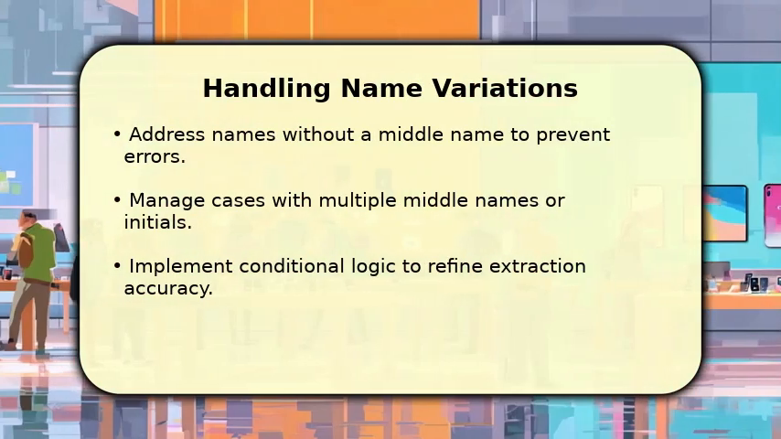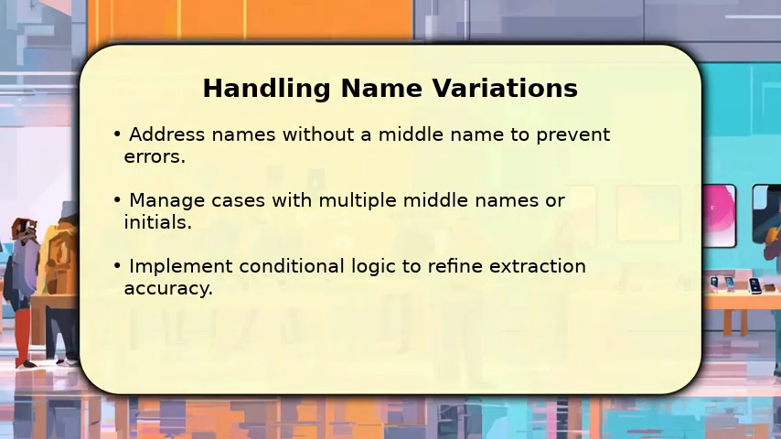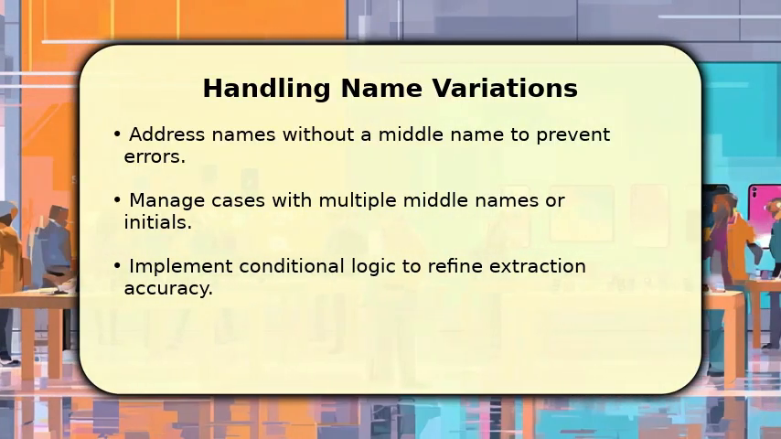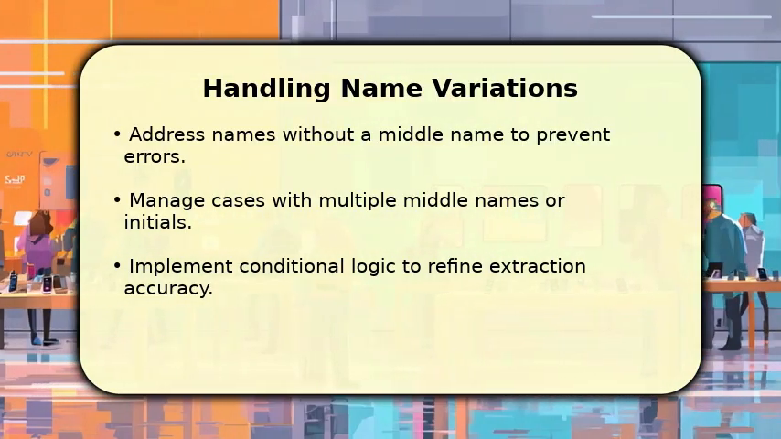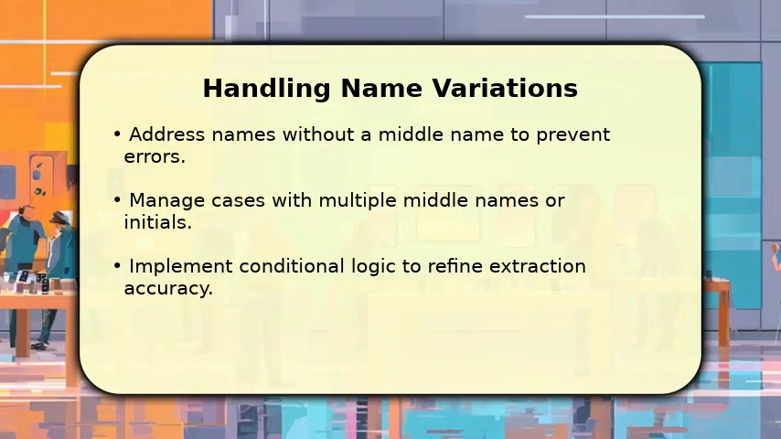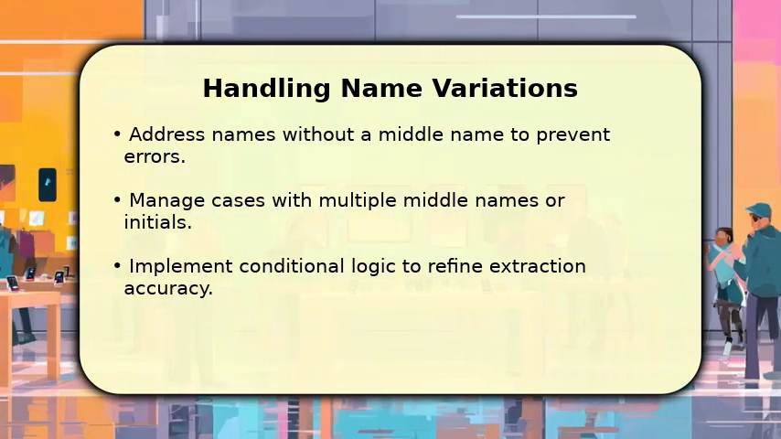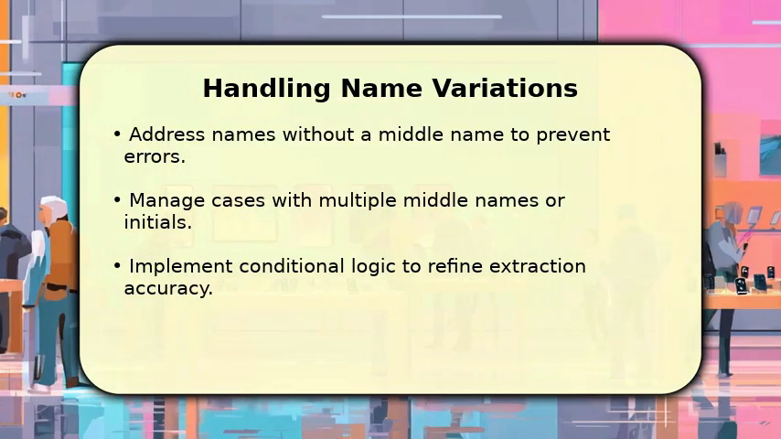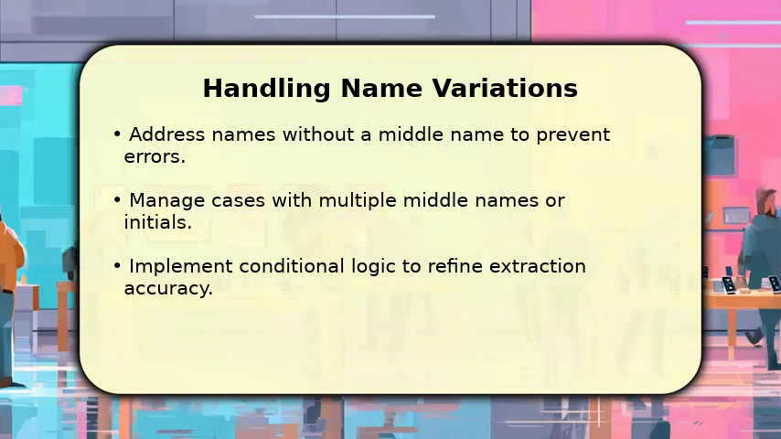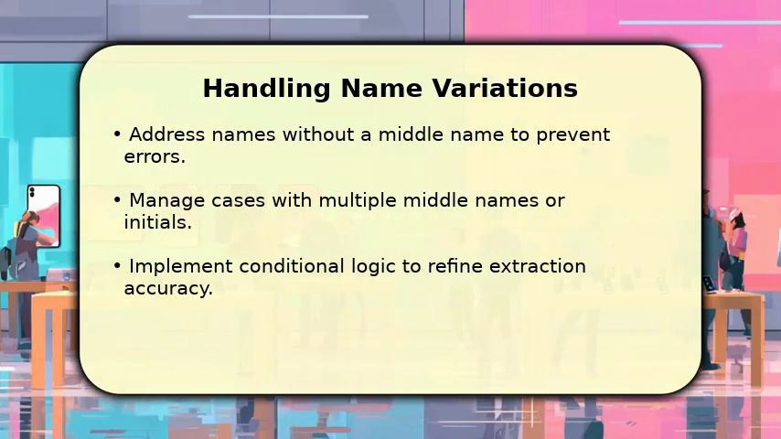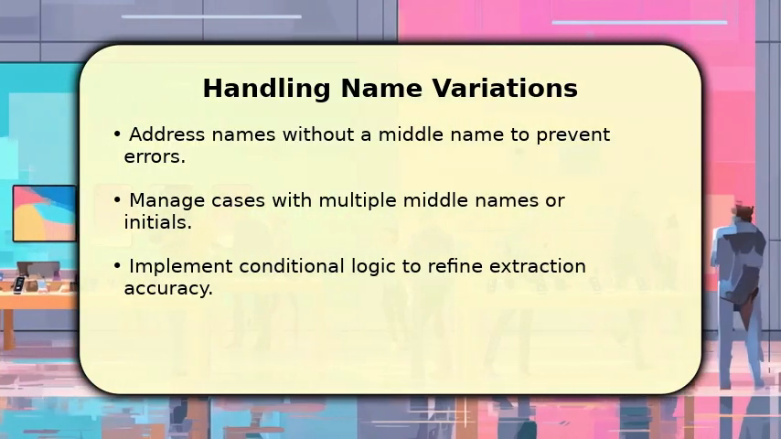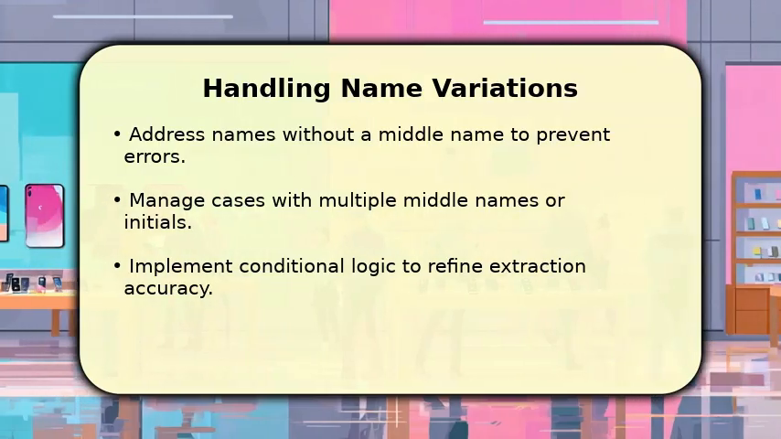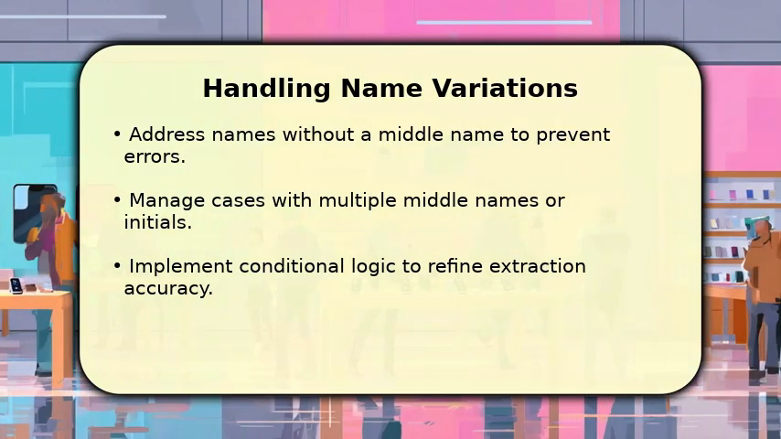Not all names follow a simple first, middle, last structure. Some individuals may not have a middle name, or they might have multiple middle names or initials. To handle these variations, you can embed an IFERROR function around your formula to display a blank or a specific indicator if no middle name is found. For multiple middle names, the formula might need slight adjustments to capture all parts between the first and last name,